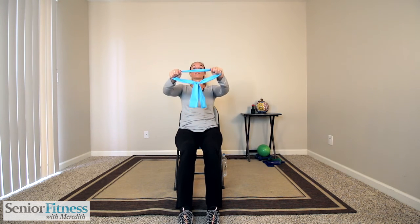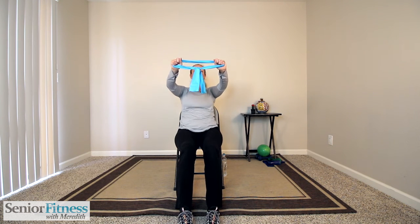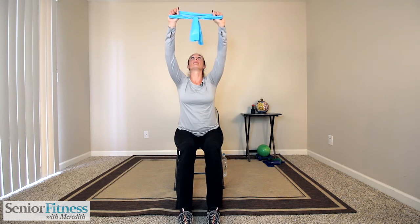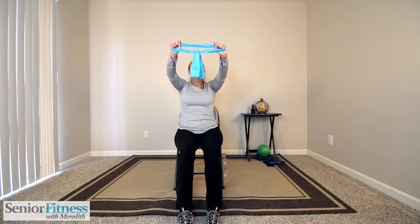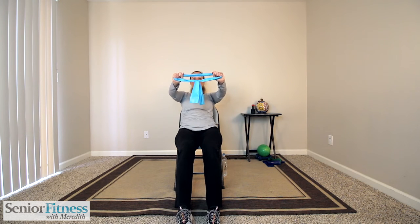Pull us up. If it feels okay, that band goes up towards the sky, comes back down center, release gently back. Exhale, pull that band up. Release center, release in your chair. Abdominals contract to lift you up. Gently release back. Exhale,